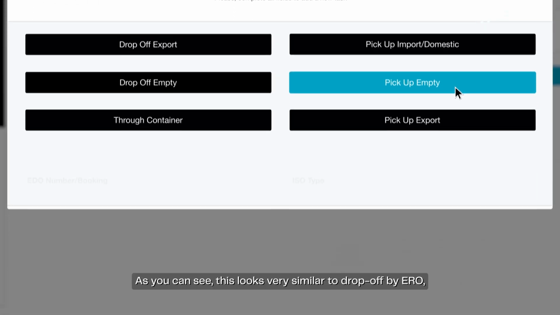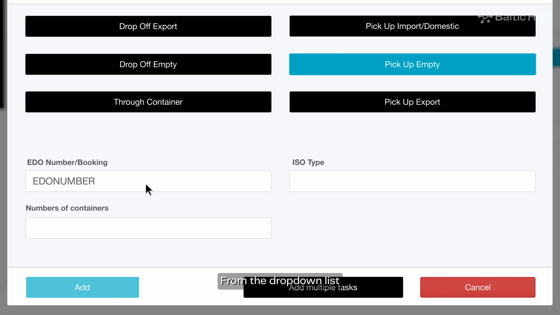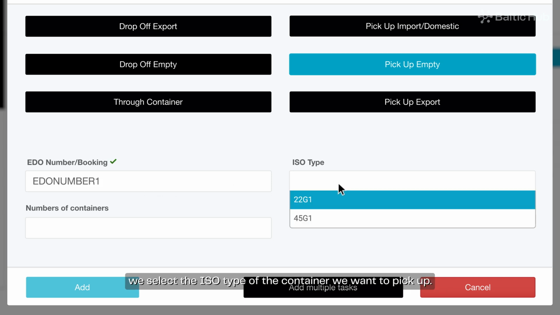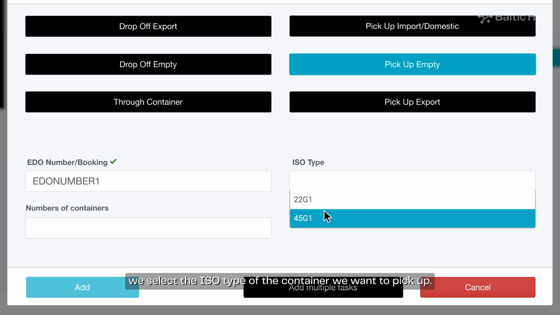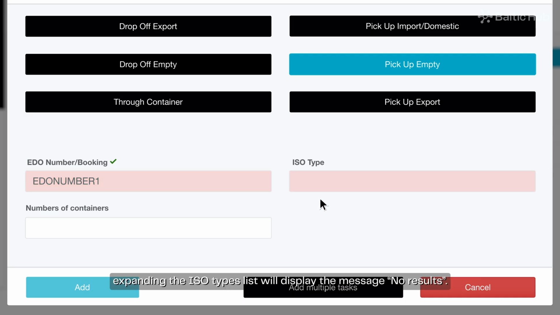As you can see, this looks very similar to Drop Off by ERO, with the difference that here we enter an EDO or booking number. From the drop-down list, we select the ISO type of the container we want to pick up. If the entered order number does not exist in the terminal operating system, expanding the ISO types list will display